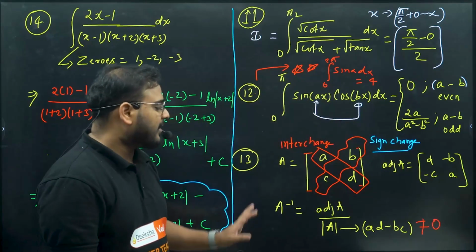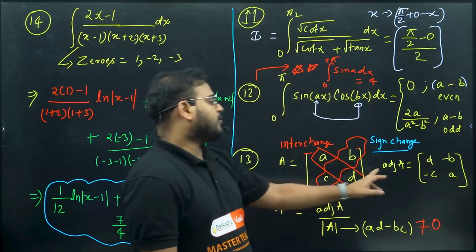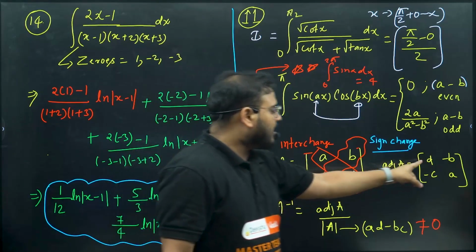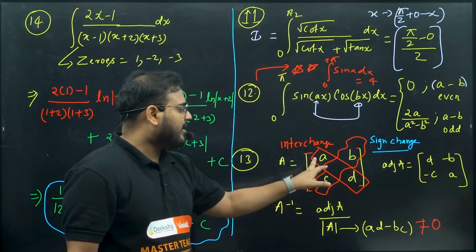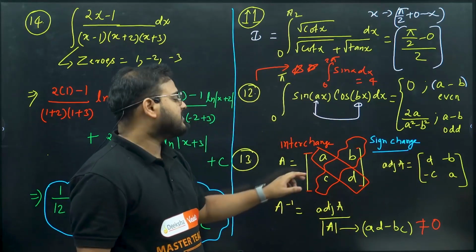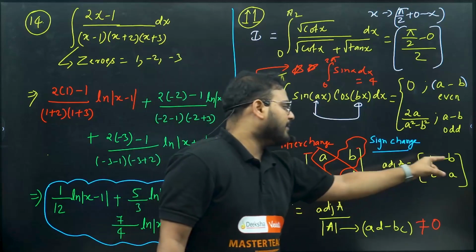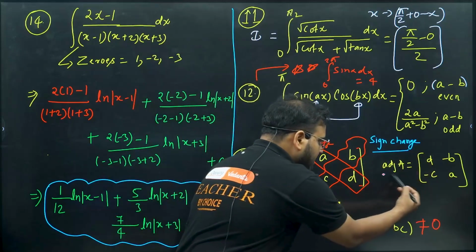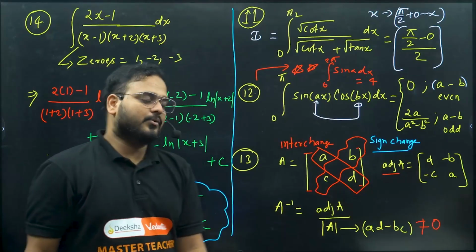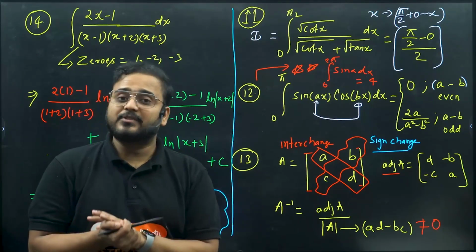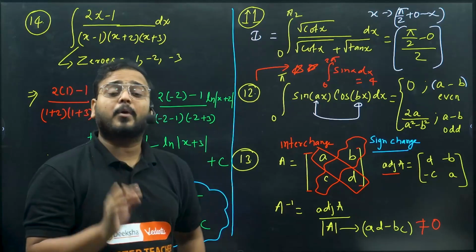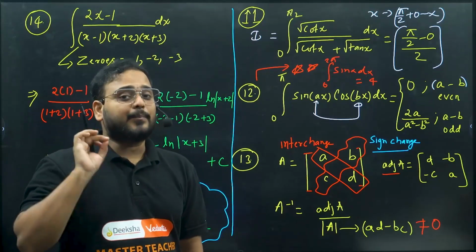Once you get that part right, please check, the adjoint of A will be given by simply interchanging the diagonal elements. D will come over here, A will come over here. Across B and C, simply a sign change: it will become minus C and minus B. This is your adjoint. Divide the adjoint by the determinant and you'll get the result in the case of a 2 cross 2 matrix to find the inverse. Again, the determinant properties, adjoint, inverse, skew symmetric, all of it is very, very important. Please revise them. Highly important for your questions.